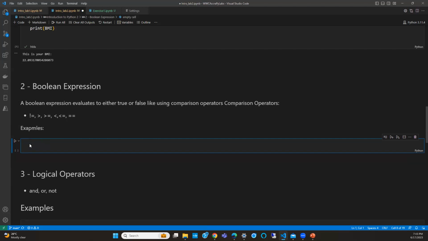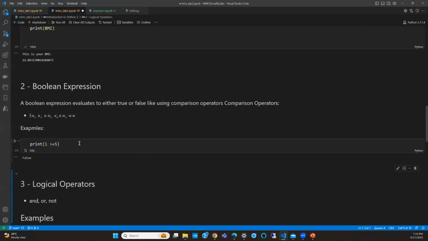All right. As I said, let's look at some examples. Let's say 1 greater than or equal to 5. When I print that, it's going to be false because 1 is not greater than or equal to 5. Doing these with the values themselves works. We can also do that with variables.